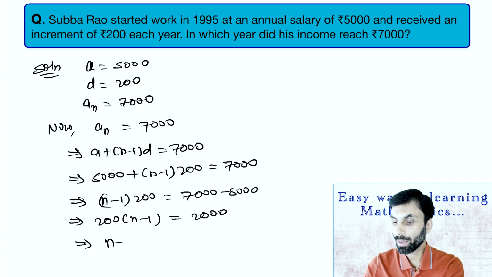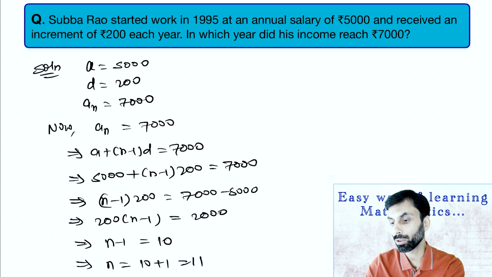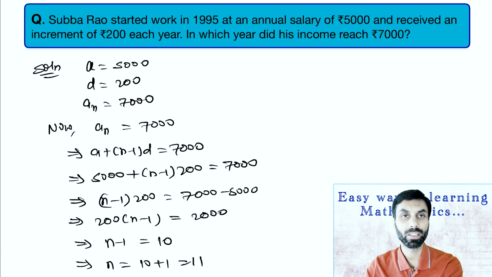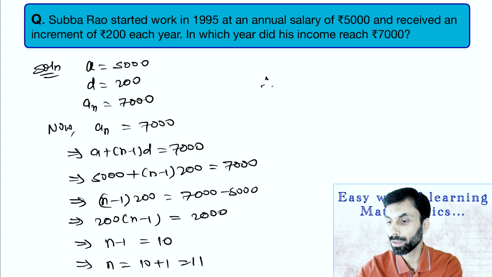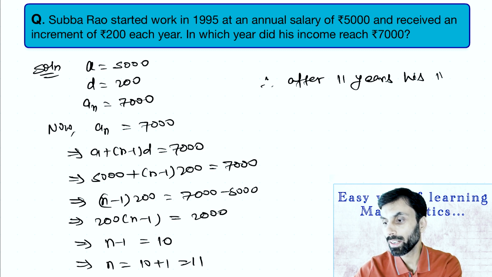So n minus 1 will become 10, and therefore n will become 10 plus 1, which will be 11. That means after 11 years, his income reached 7,000. So therefore, after 11 years, his income